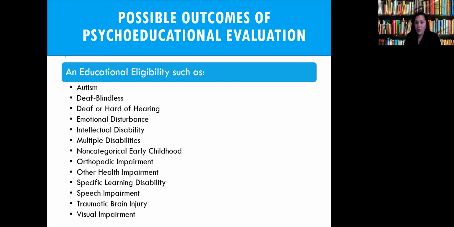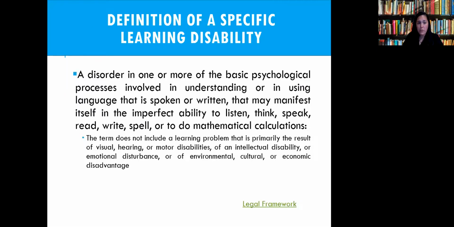However, in the educational setting, our objective is determining educational eligibility. And these are the ones that we have to choose from. So there may be a discrepancy between the awareness you have of the individual and where we landed in terms of recommendations at the end of the report. I emphasize that only because I strictly work on this side, but I have collaborated with individuals on the other side. And that's always an area that seems to be missing in terms of the communication: yes, I acknowledge that all these other conditions exist, but here the data indicates that the student falls somewhere in one of these areas, okay?